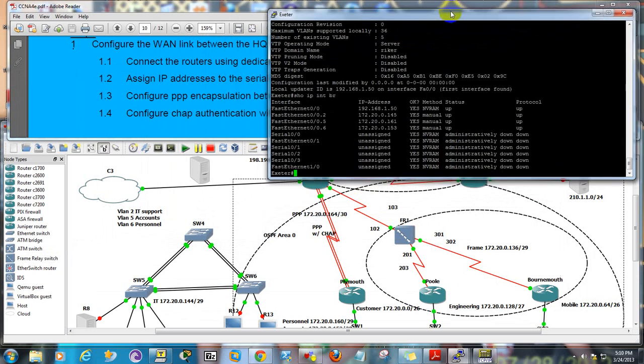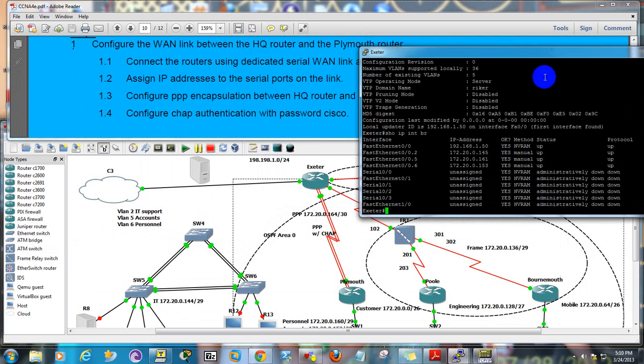HQ and Plymouth are right here. This is a PPP link. Now, you may be asking, why do you have two connections? Well, I'm going to make it a multi-link. Because, let's just say, for instance, your job, they want you to